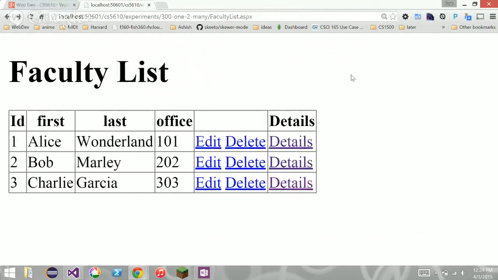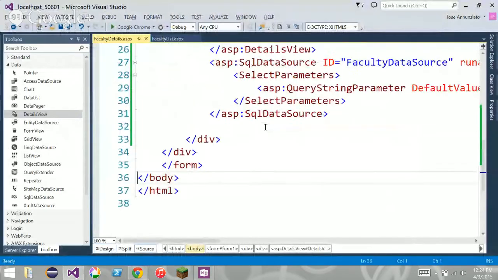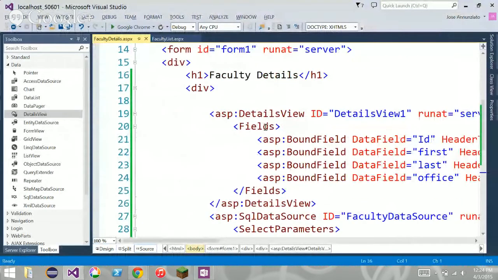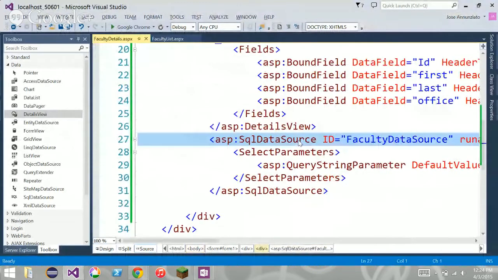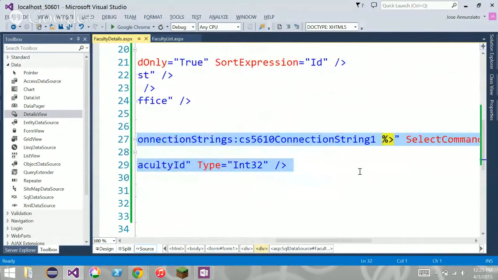or Charlie, right? So let's look at the source that it generated for us, and it's pretty much what we would have generated. So here's the details page. And look at the data source. If you remember the data source for what we were working last lecture, it was fairly elaborate, right? Because it covered all the different types of CRUD, even if you weren't using them, right? It declared them and it configured them, right? Over here we're using only the select clause, right? There it is, the select command,